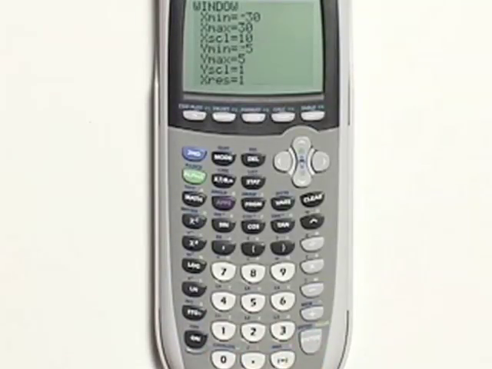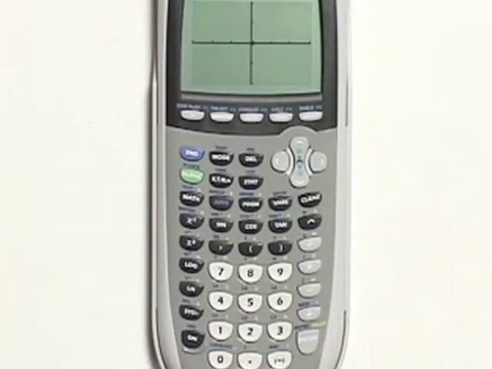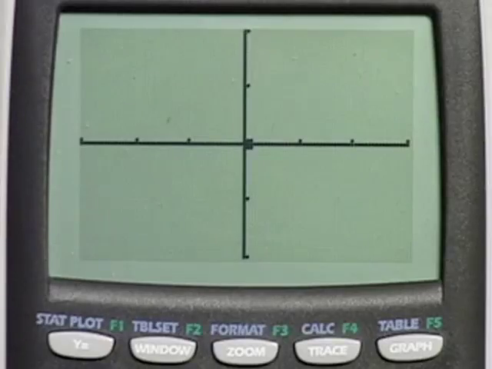For the minimum Y value, it's -20, enter. The maximum Y value is +20, enter. And the scale is 10, and enter. Let's just graph that 1 point. And you can see now that that 1 point is slightly to the right of the origin, and that represents